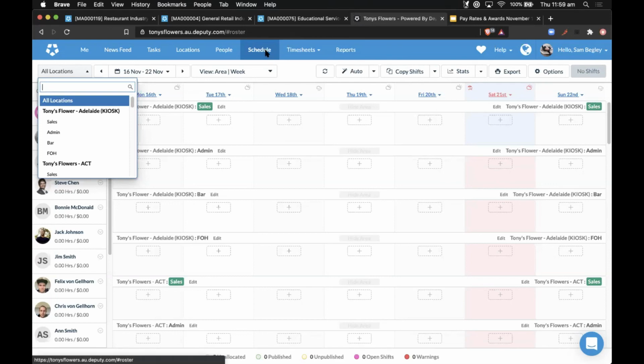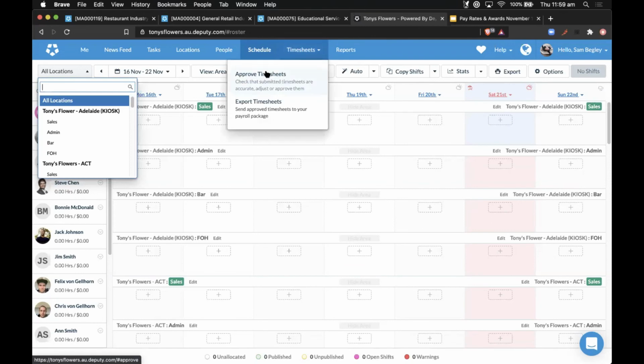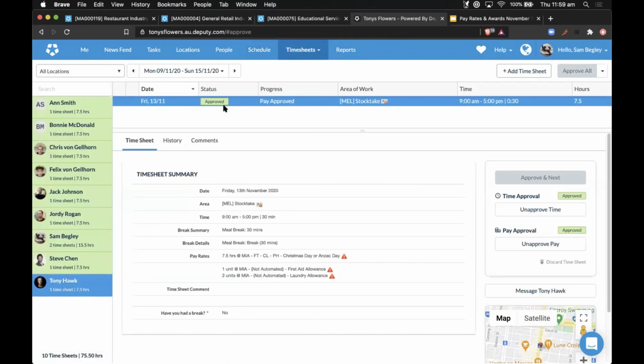So what would happen then is two things. First of all, on their timesheet afterwards and also on their schedule, it would say they're scheduled in the area public holiday not worked, which is really good for avoiding confusion. And the second thing is it will attach the ordinary rate to that timesheet when you're exporting them to payroll. Yeah. So it will do both of those things for you. But it is a bit of a workaround.